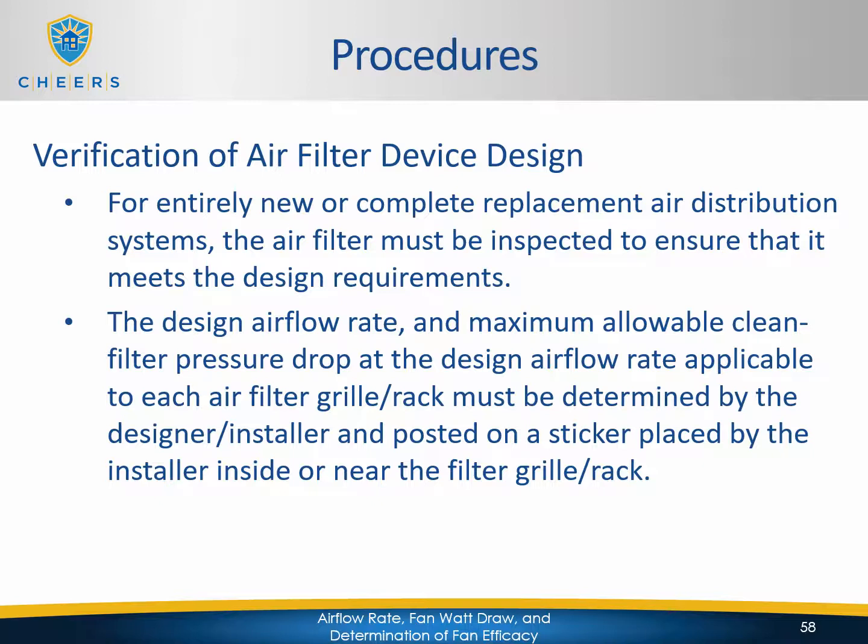So these air distribution systems, when they design them, they're going to design them to be able to achieve this 350 CFM per ton that we're measuring, and this design includes an air filter that's installed. Now the code, as we saw in Title 24, is going to require a specific filter to be installed, and the designer can choose the size and depth of that filter to meet those requirements. A smaller, thick filter is going to be more restrictive than a large, thin filter, so they're going to have to design the system with a specific filter in mind, and they're going to need to install that filter as well as label